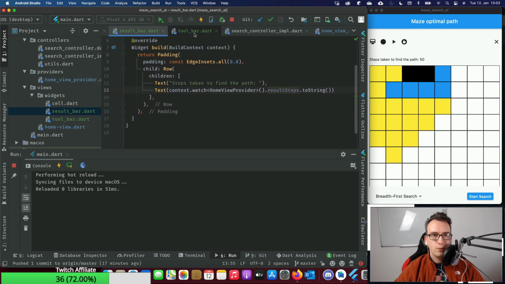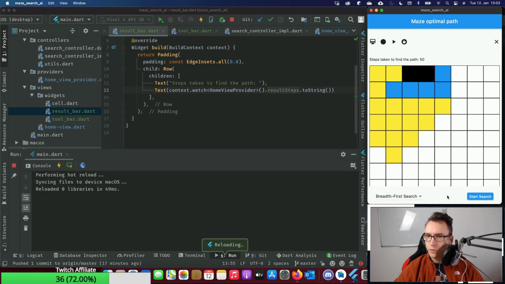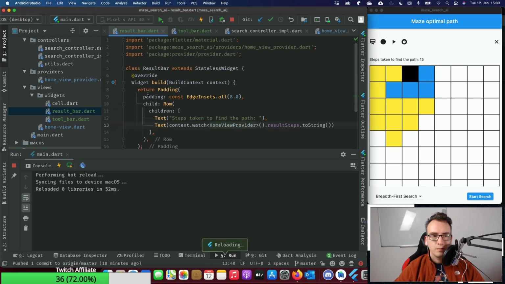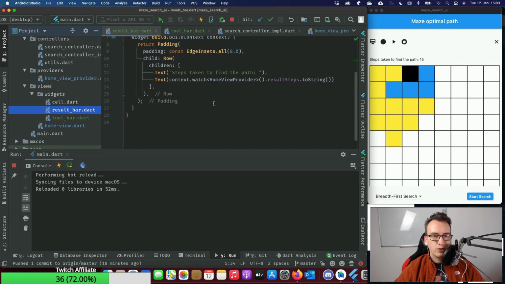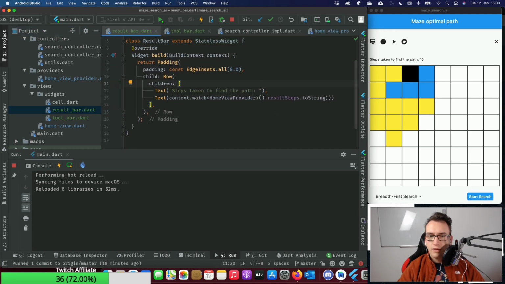Result bar, that works already. We have the results. Yeah, we wanted to try that out again. So clean that up. We have this in place. We make a wall and go. 15 steps. All right. Maybe it would be good that the result bar also shows which search has been taken, right? So we have a row with... Hold on, right is plus one.